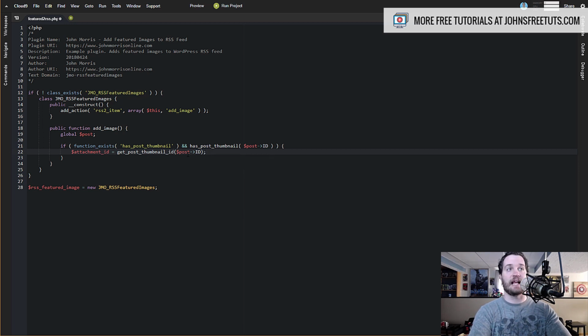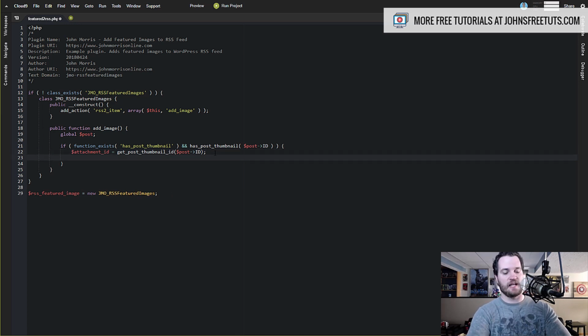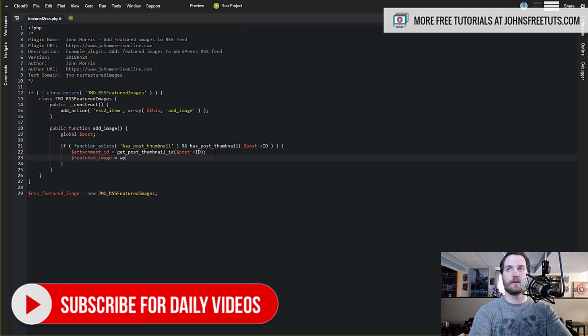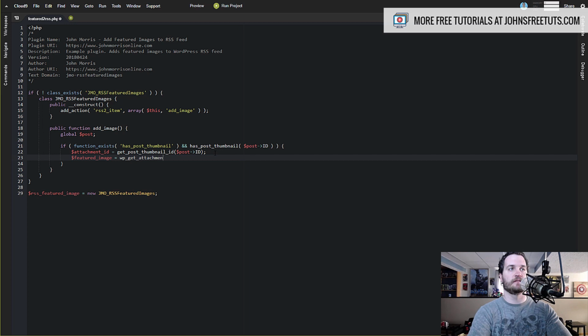And so that simply is going to get us the attachment ID of the post thumbnail for this post. Okay, so that's the first thing. And then next we're going to get the actual data. So featured image equals, and this is where we're going to use wp_get_attachment_image_src. It's a long sort of function here, and then we're going to pass in here the attachment ID,